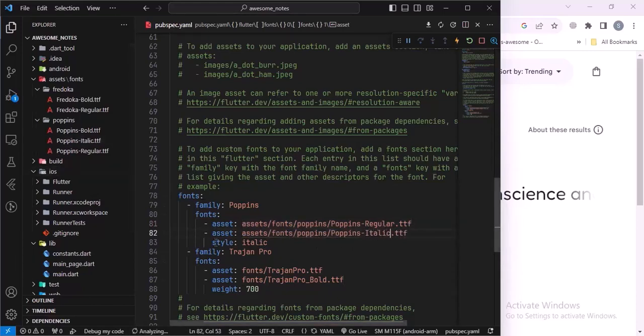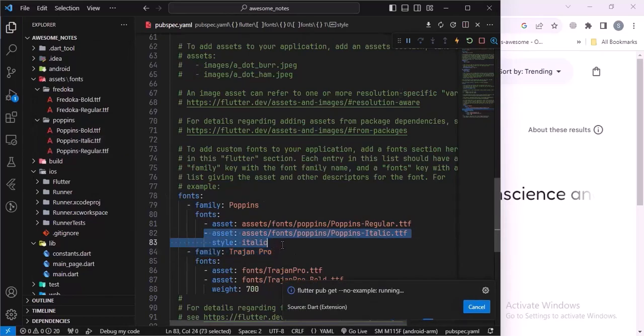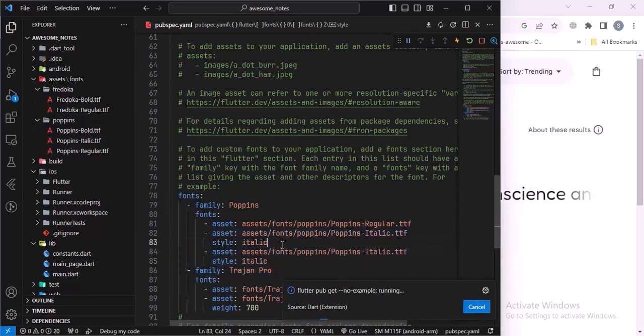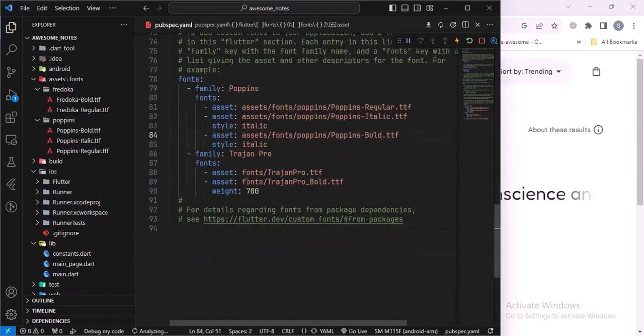italic, which the style is italic, so the system knows how to render the italic. It will use this specific file. And then for the bold, we can again copy this part and then tell it to be bold, and for bold we will use the weight attribute, which is 700. So the Poppins